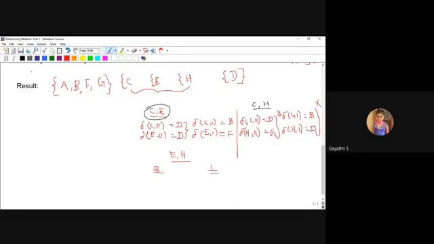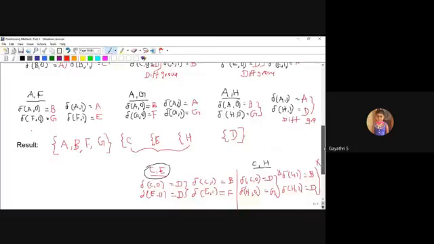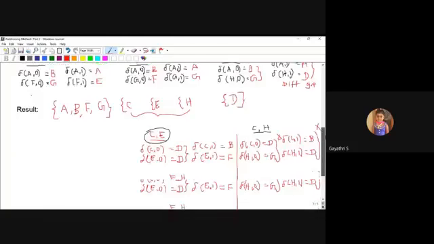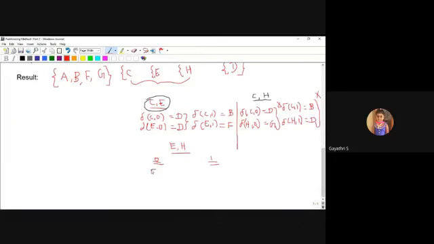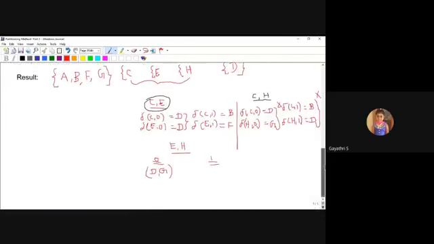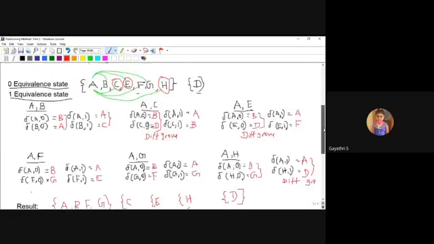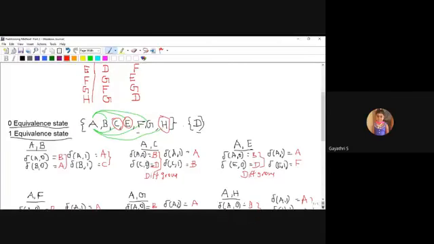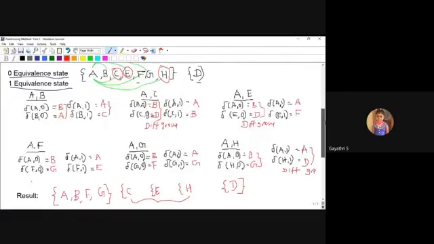E on 0 goes to D, H on 0 goes to G. For 1, E on 1 goes to F, then H on 1 goes to D. So the DG pair belongs to a different group, and the FD pair also belongs to a different group.